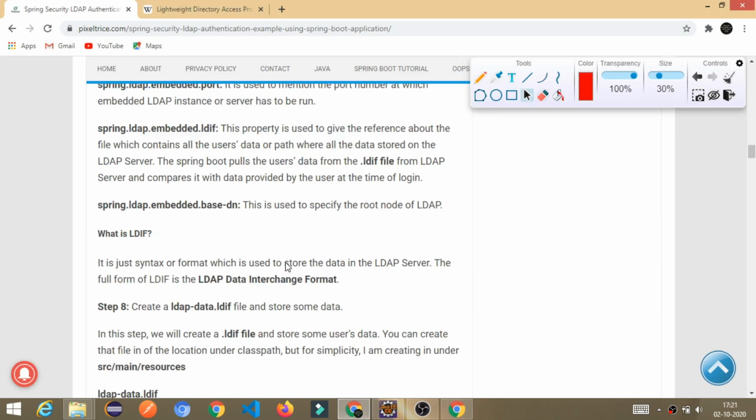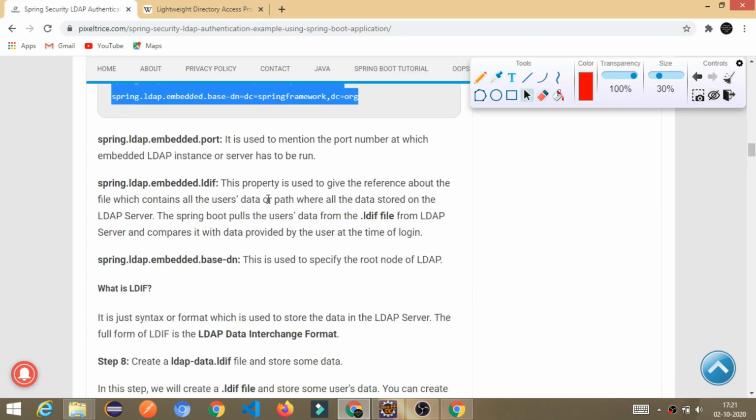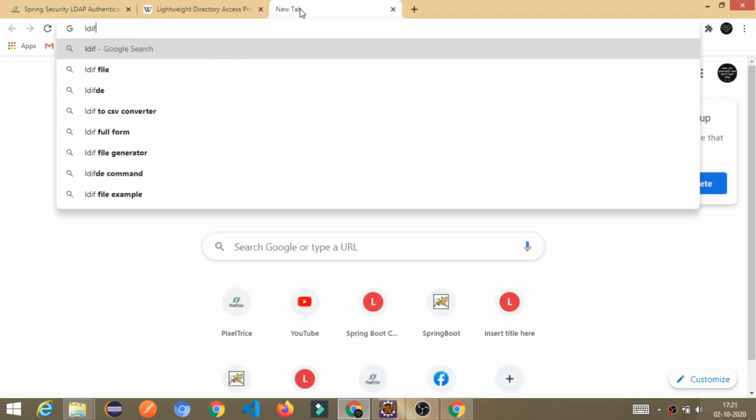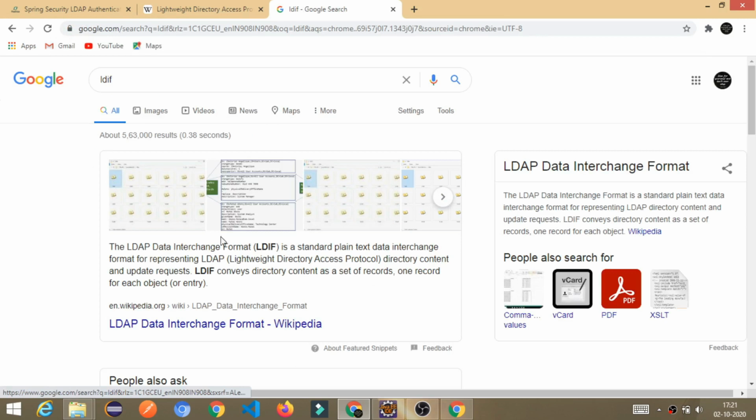I explain it here. This property is used to give the reference to the file which contains all the users' details, or the path where all the data is stored on your LDAP server. The full form of LDIF is LDAP Data Interchange Format. It is just a format or syntax in which the data is stored in our LDAP server.